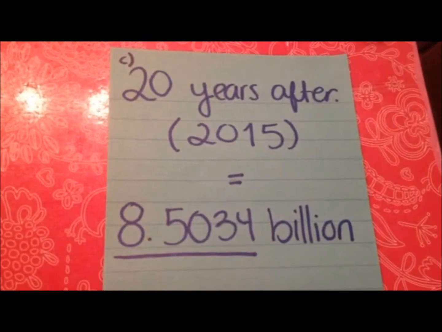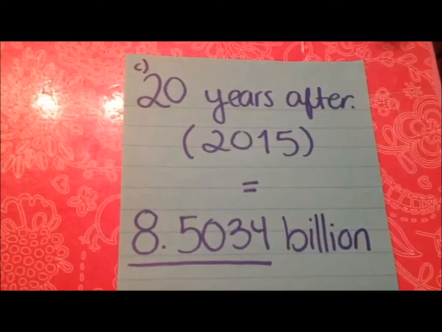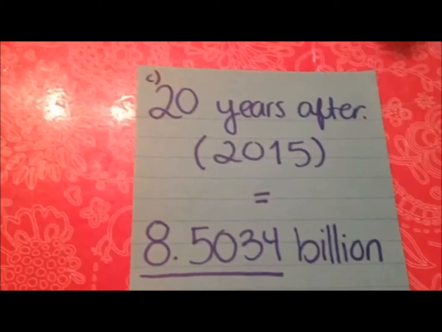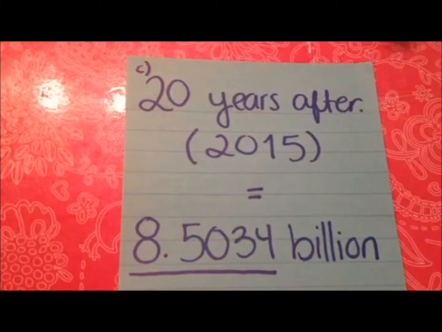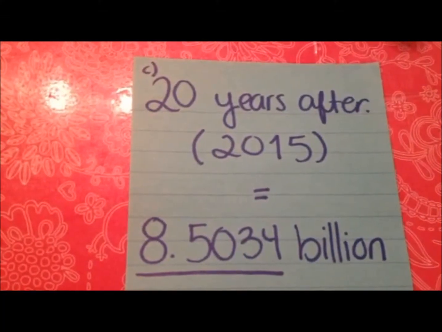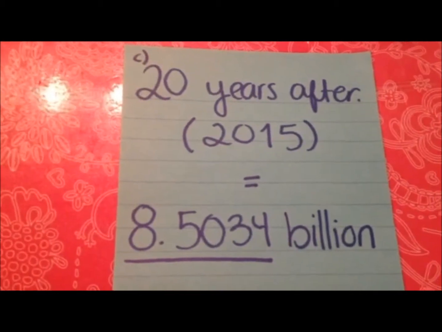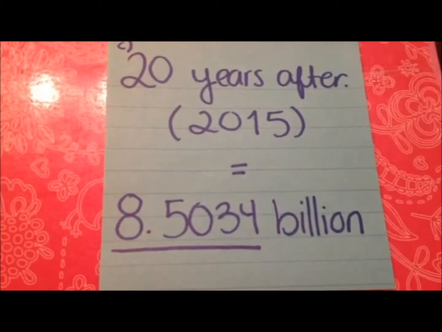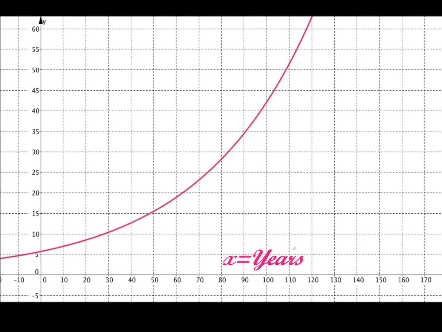We were also asked what will be the population in 2015. Using the exponential equation, we can imply that if the population growth per year continues being 2%, in the year 2015 the population will be 8.5034 billion. Finally, the graph that models our population growth